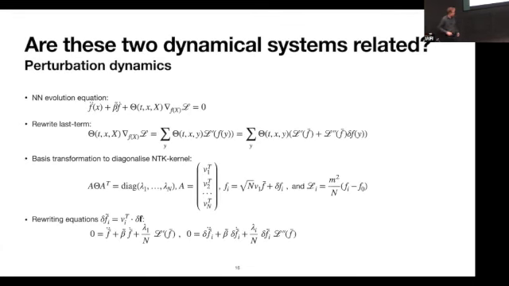Now you can go further, and you can compare how perturbations do, because a damped harmonic oscillator is not the most exciting thing necessarily. But what you can do is basically a perturbation ansatz, and again, you are diagonalizing, decomposing your neural network into mean field plus perturbations. And afterwards, you get to the algebra, and you see these equations for the perturbations.